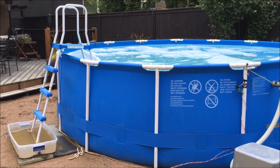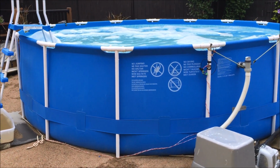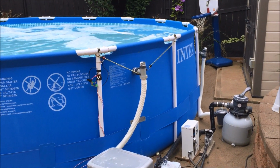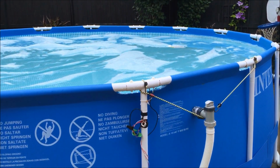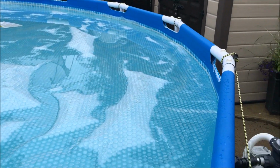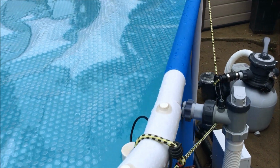So this is my IoT pool. It's an Intex 15-foot by 48-inch deep pool. It's pretty full right now. It's rained this last week, so rain has filled up the pool quite a bit. So hanging in this pool